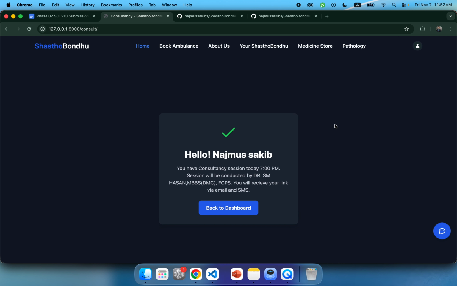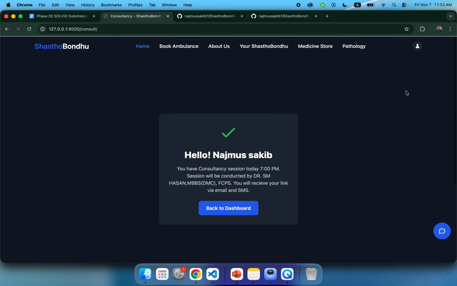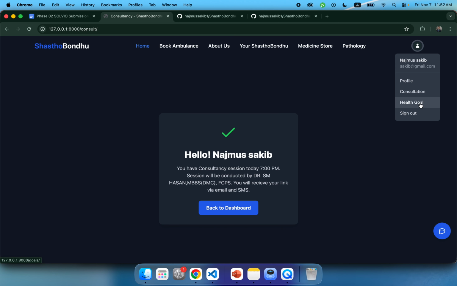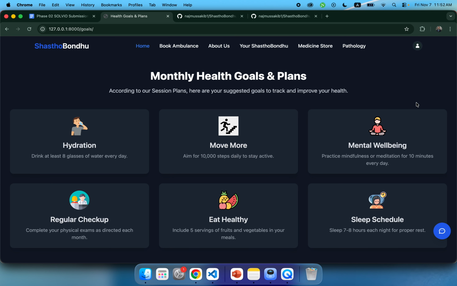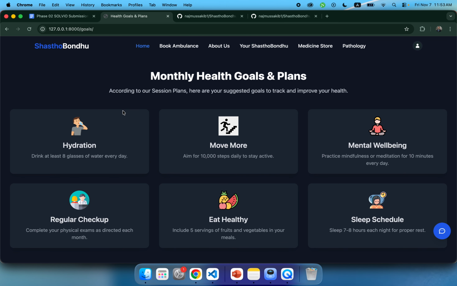Also, there are some premium sections such as consultation and health goal section. Let's go to consultation. So there is a consultancy session today at 7 p.m. by this doctor, and we will receive a link by SMS and email. And in the health goal section, there are some monthly or weekly health goal section and plans, and there is a